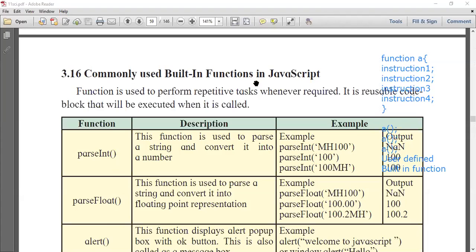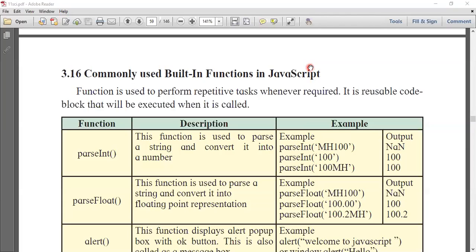Okay, so I have cleared this first part. Here we are going to study only built-in functions, not user defined functions. If you want to study user defined functions, that will be in the next part that we will study later on. But here you have to understand what a built-in function is: functions which are already defined in JavaScript, and we can execute those functions just by using the name of that function.